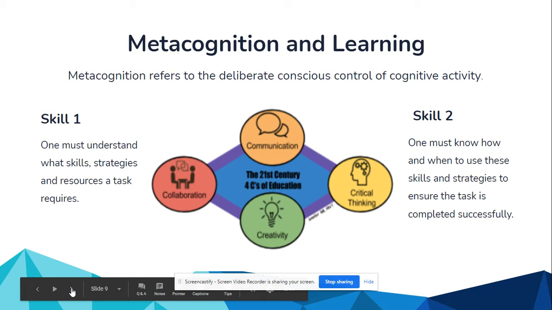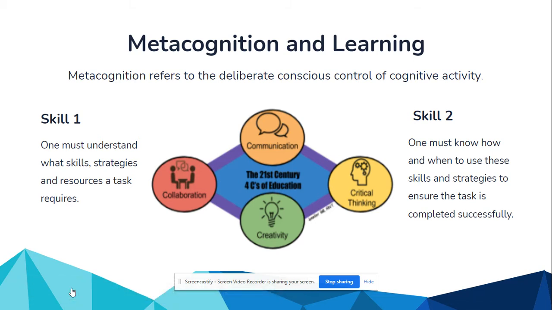First, we're going to look at metacognition and learning. Metacognition refers to the deliberate, conscious control of cognitive activity. So, there are two skills involved here. Skill number one: one must understand what skills, strategies, and resources a task requires. Okay? Skill two: one must know how and when to use these skills and strategies to ensure the task is